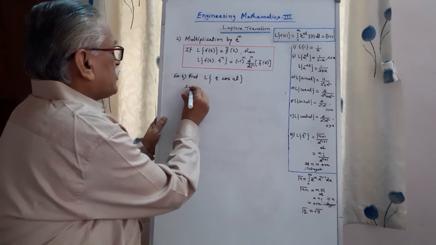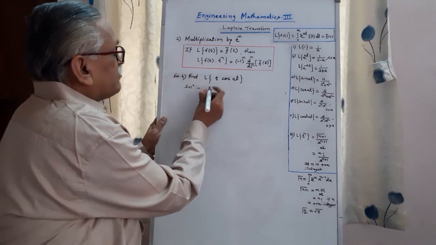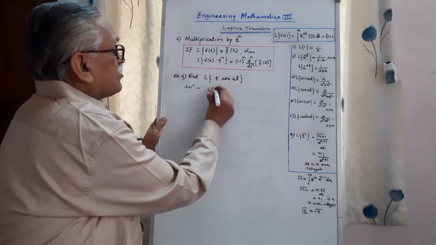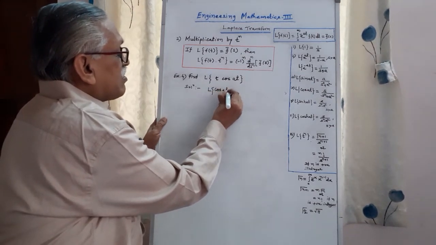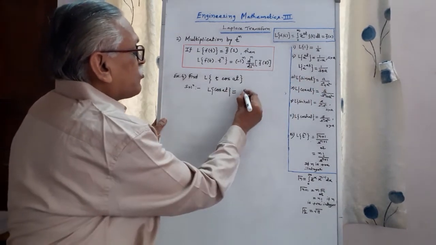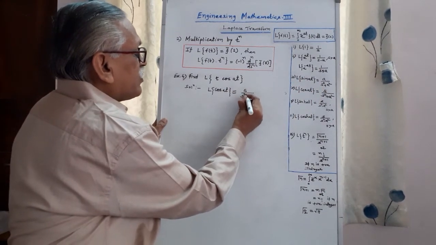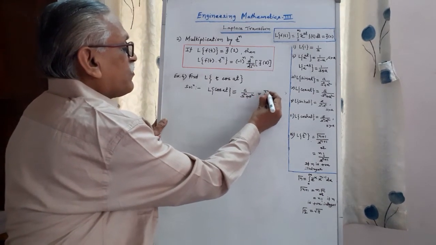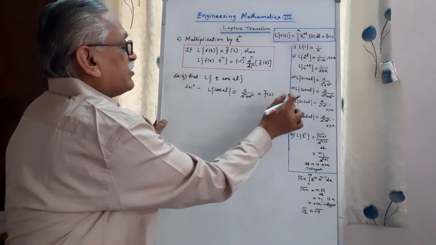Again applying the steps. First step, find the Laplace of cos of at. By the standard result, it is s upon s square plus a square. We call it f bar of s, say,